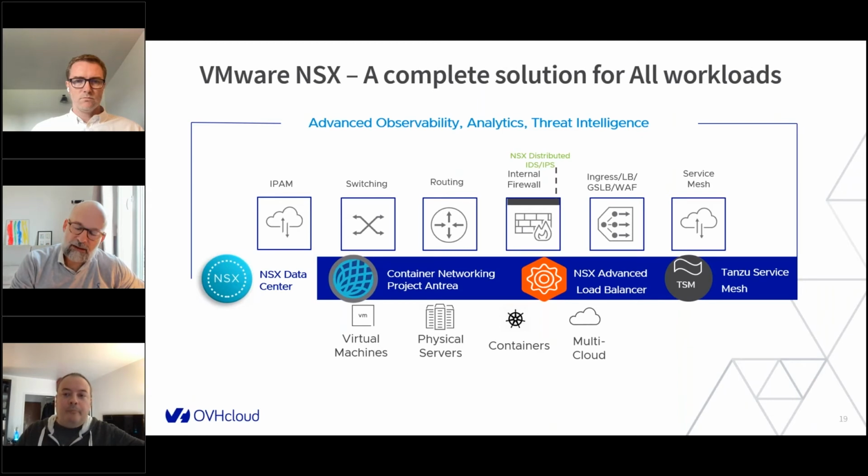And NSX-T now is not only tied to a vSphere infrastructure, but with NSX-T we can also address some KVM infrastructure, or, as you can see on the slide, containers infrastructure or multi-cloud. That's a new approach for this product. NSX-T means NSX Transformer. And we can see here that we have a lot more features, like the security features we